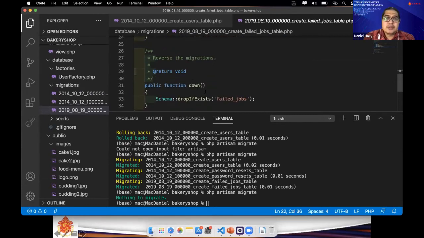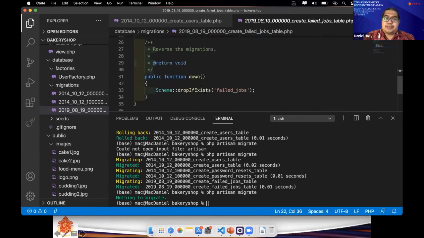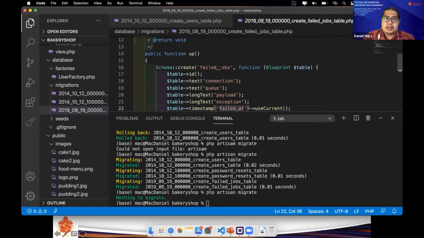So there is the function up for create, and then there is the function down for the reverse. If we create, the reverse will be drop, to remove it. There are two functions for removing the table, drop and dropIfExists, but usually we use dropIfExists.